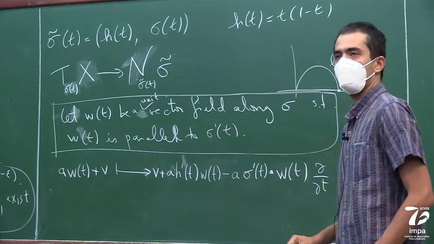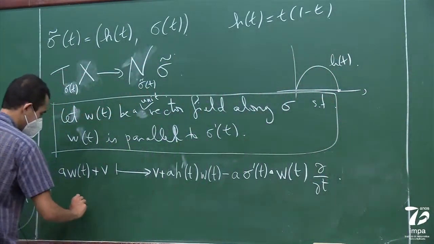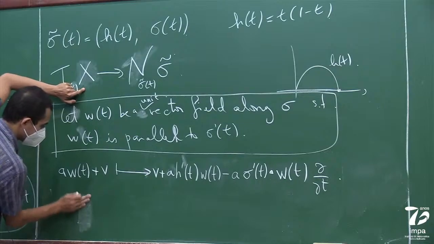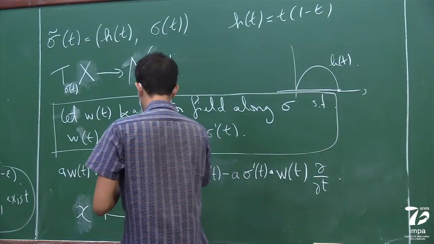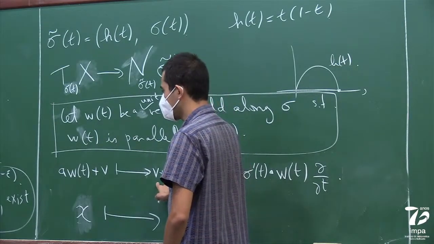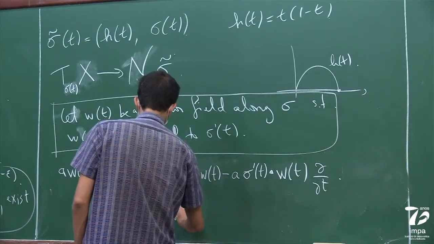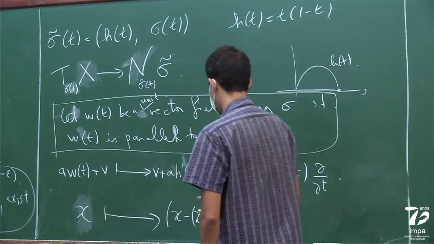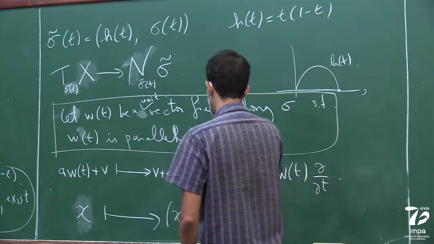So this is it. And if you want to write it even better, you can say the following thing. So you take some vector x that's here, and then you take it to, well, what is this? This is what's left of the projection when you project onto w. So this v will be like x minus x dot w, and w depends on t, and then plus, and then now you put this thing.